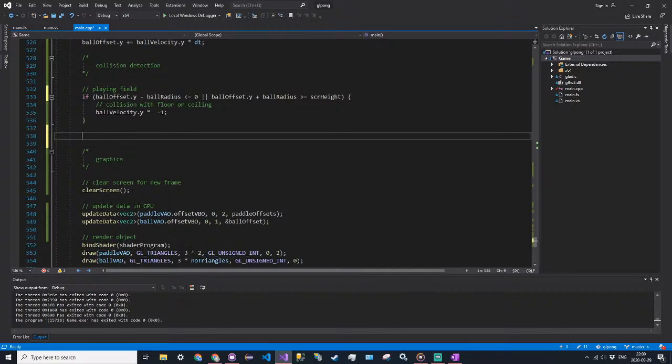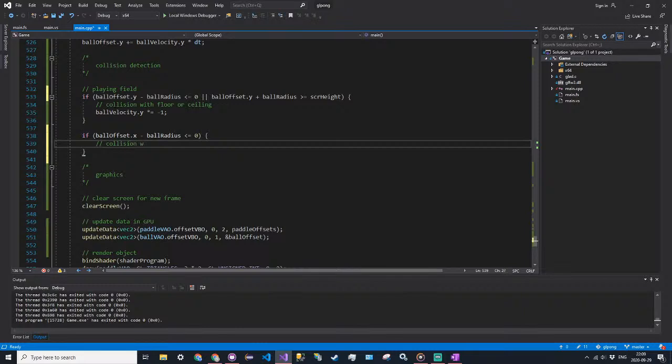So the next if statement will be for the left wall. We have to check the left and right walls independently, because we actually do something different for both sides. So if ball offset dot x minus ball radius is less than or equal to 0,